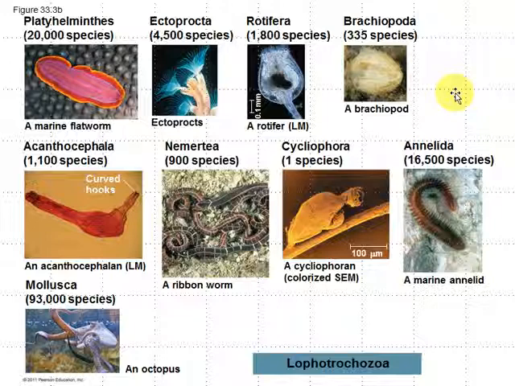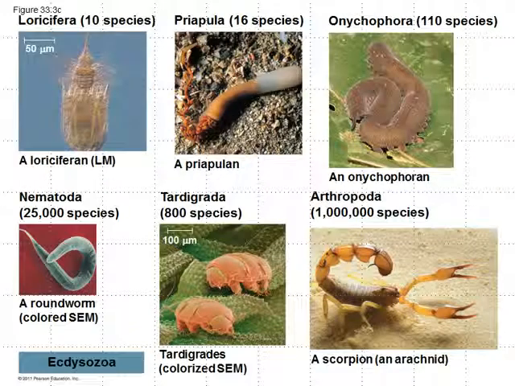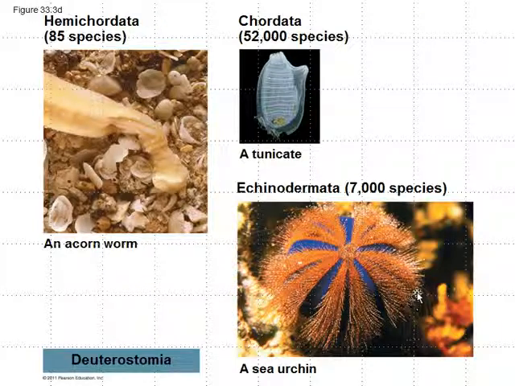Annelids, we'll look at some of those, and then mollusca, which would include clams and even fascinating creatures such as the octopus. And then going on to some of the others, there's your tardigrade, your little water bear that we were talking about, nematodes, which are little microscopic worms that live in the soil, arthropoda, which you're probably most familiar with because of the variety of insects. Echinodermata, sea urchins, again, just a huge variety. This would be in the deuterostoma.